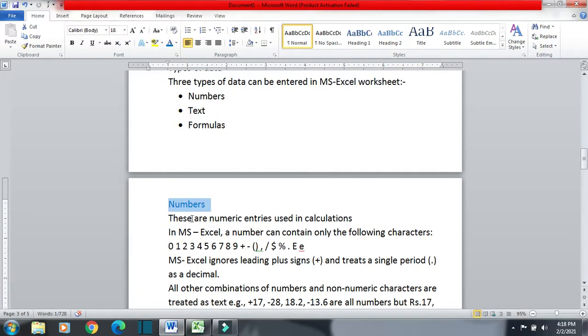Numbers are numeric entries and they are used in calculation. You can do calculation with numbers. In MS Excel, a number can contain only the following things. It can have the digits from 0 to 9: 0, 1, 2, 3, 4. If only digits are there, they will be treated as numbers by the software. Numbers can also have the sign plus or minus.